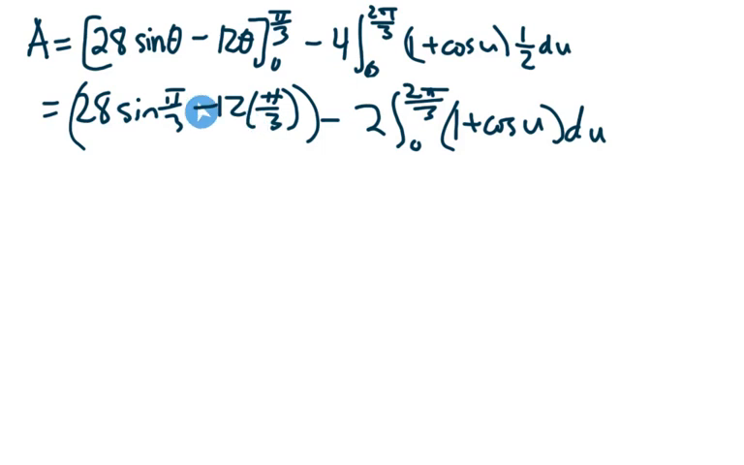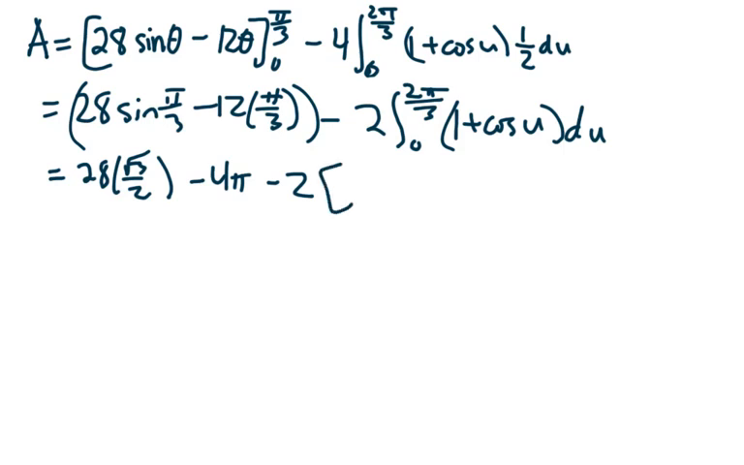So now we can continue evaluating this stuff, and we're going to find the antiderivatives of these guys with respect to u. Sine of pi over 3 is root 3 over 2, and 12 times pi over 3 reduces to 4 pi. Now the antiderivative of 1 with respect to u is u, and this cosine stuff it just becomes sine. Right? The antiderivative of cosine u is sine u, from 0 to 2 pi over 3 now. Reducing this, common factor of 2 becomes 14 radical 3,